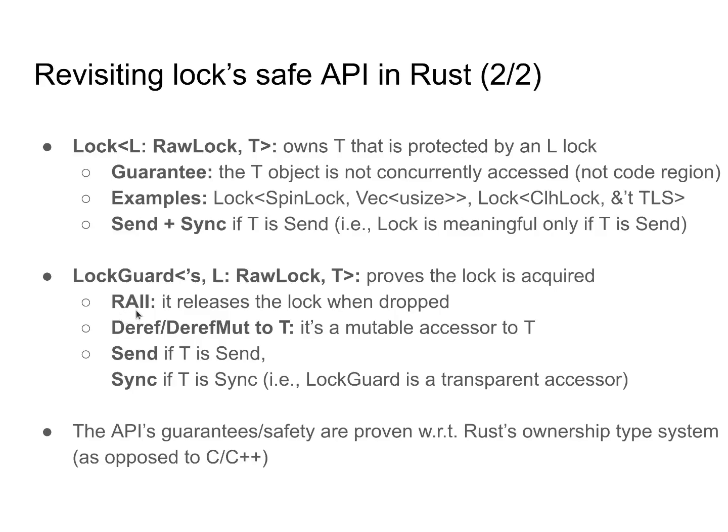And it is an RAII type, as we discussed in the previous lecture. It releases the lock when it is dropped, so it is automatically done. So if you are not going to intentionally forget about this lock guard, you are going to release the lock when the lock guard is dropped. And all objects must be dropped someday. That's the reason why the underlying lock will be automatically released. So far so good, and it is very convenient. You don't need to track the lock, and you don't need to insert the unlock function for all the invocations